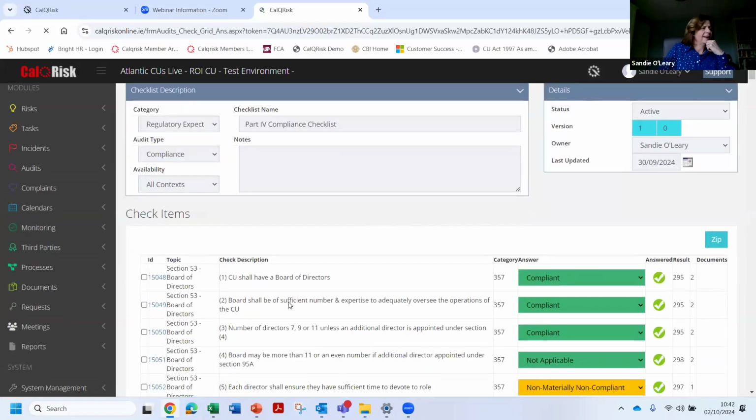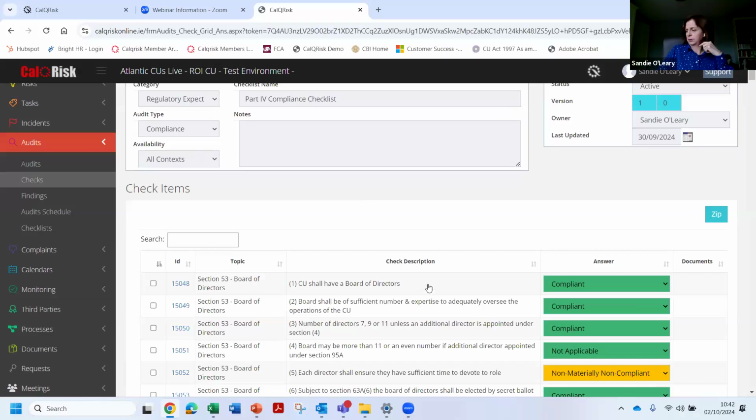So the way it's structured, and you'll please excuse me, I've made a little bit of poetic license, I guess, around the description of some of the checks so that it looks a little bit more like a check rather than the legalese that's in the Act itself, but the requirement is still exactly the same. The requirements that have changed during the year under the Credit Union Amendment Act 2023 have been integrated. There is just one that is not yet,